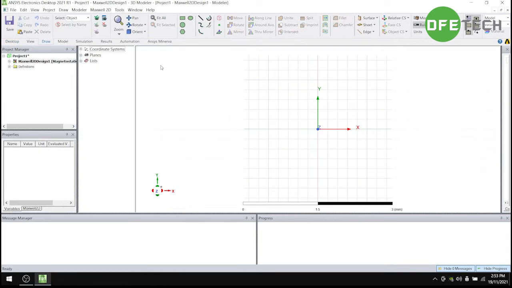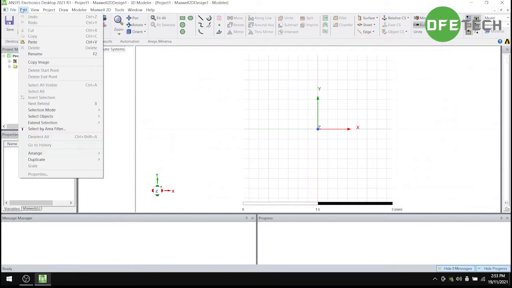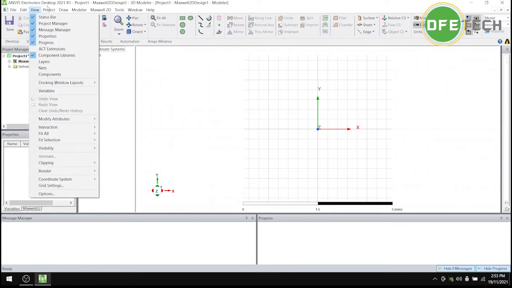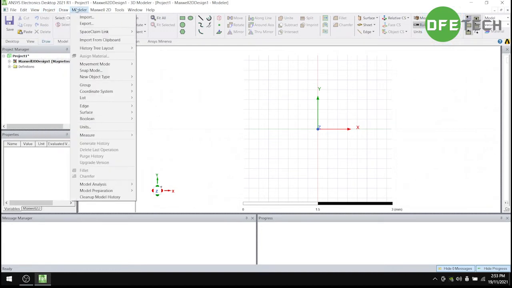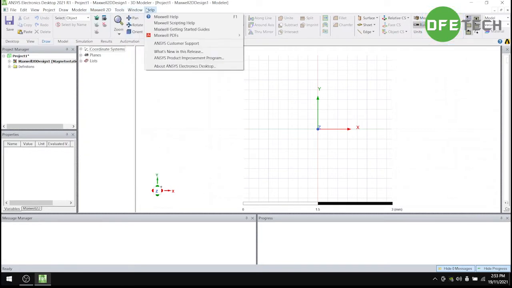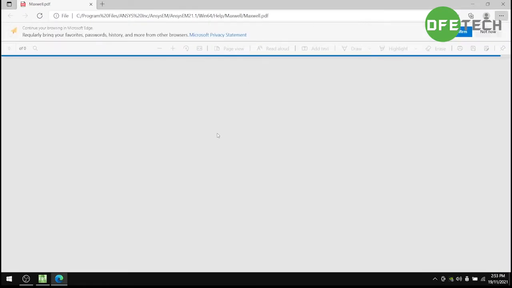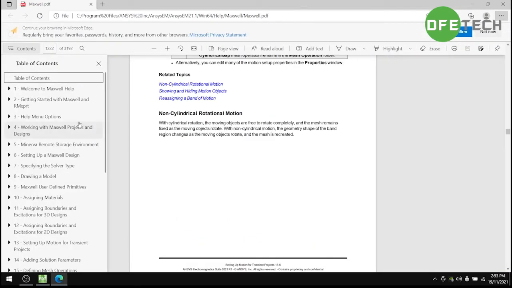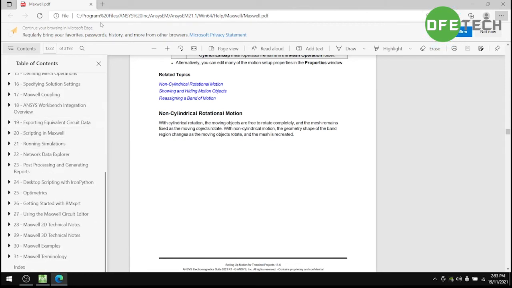This is what's inside Maxwell 2D. First of all, you have a menu bar: File, Edit, View, Project, Draw, Modeler, Maxwell 2D, Tools, Window, and Help. Firstly, I want to show you we have Maxwell PDF, where we can see all the guidelines for Maxwell. So you just click on Maxwell Help, and they will give you a table of all the things that you need for Ansys Maxwell. Now we're going to close it,